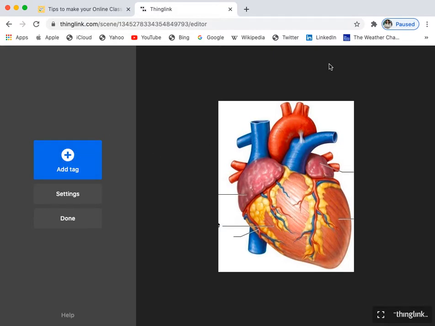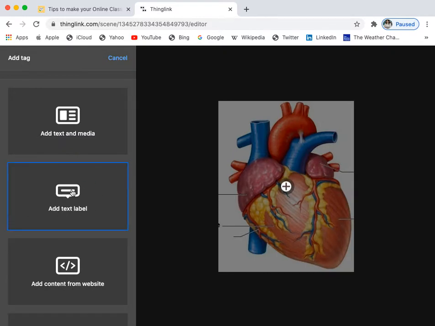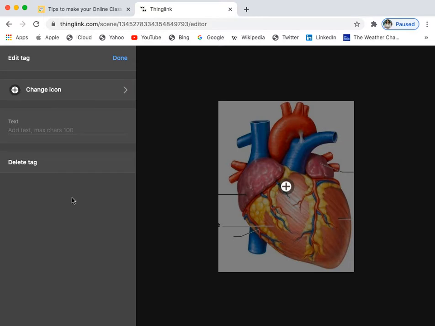Now this is the picture which I had. I'll just go to add tag, and right now I want to have four tags associated with this. So this is my first tag. Right now I would like to just show that this section that I'm talking about, you people can see this line right over there. So this basically is called the right atrium.